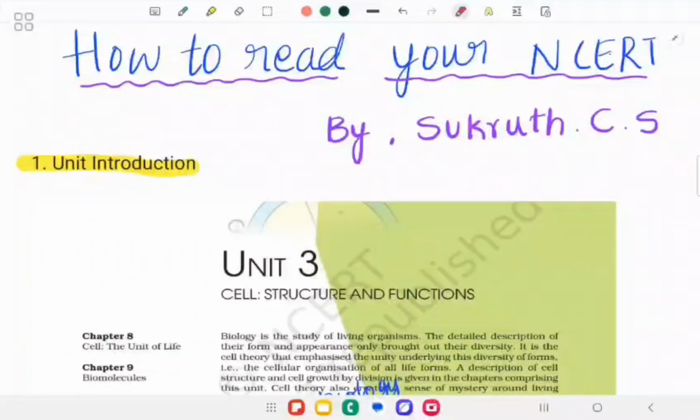Today I am going to give you a small demo of how biology for class 10th, 11th and 12th is going to work for the year 2027. We are going to discuss many things. For example, first I will discuss your NCERT. Next I will talk about